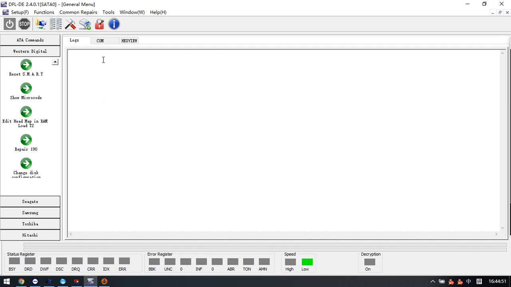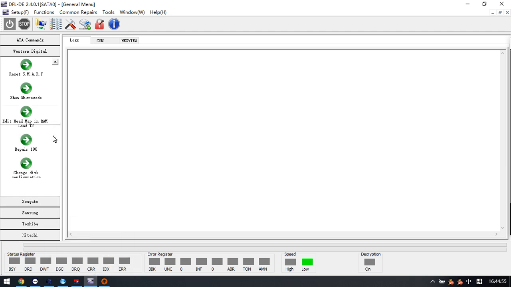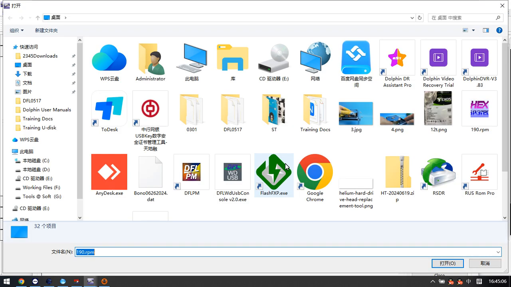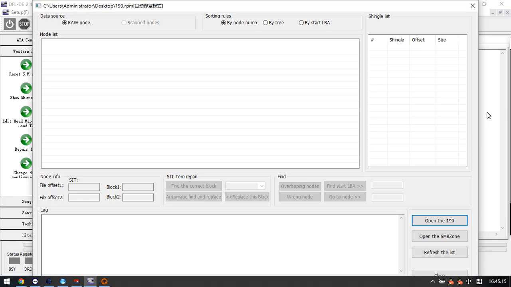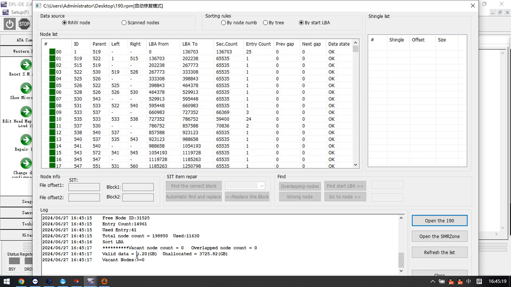thing, all sectors become 0. Now, if we go to the DFL-DDP data recovery software, we can click the repair module 190, and we can check this patient module 190. The user has backed up this module 190, and we can check the valid data of this patient